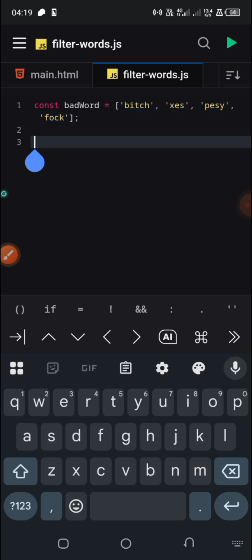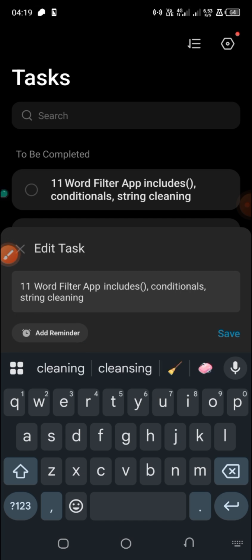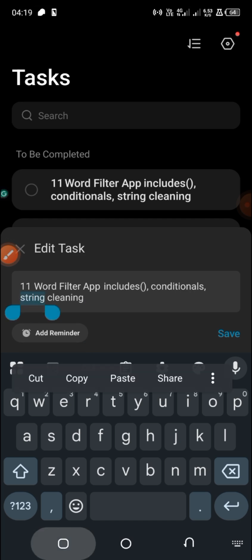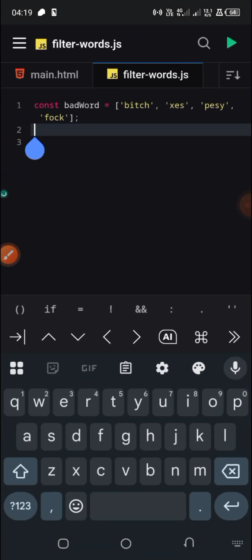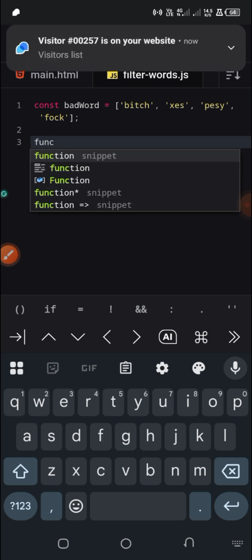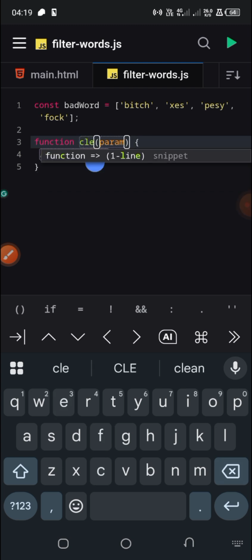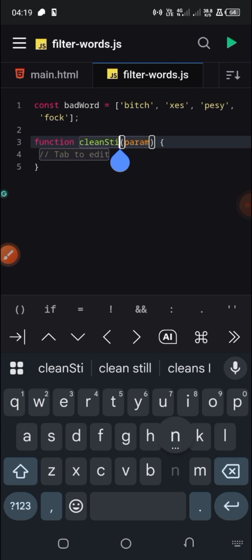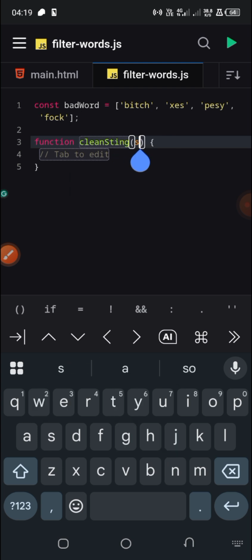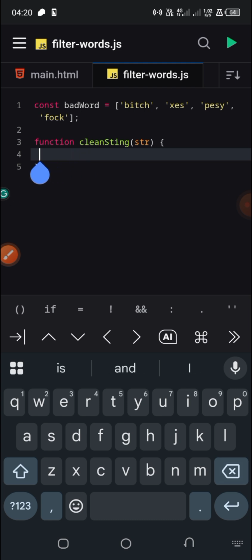And the next thing we are just going to do is clean the string, as our test suggested. It said that we should clean the string. So if you can see here, you can say string cleaning. To do this string cleaning, we have to create a function. Then we're just going to say function cleanString, and let's bring in the thing we want to clean, that is str. And to clean the string, we are just going to return